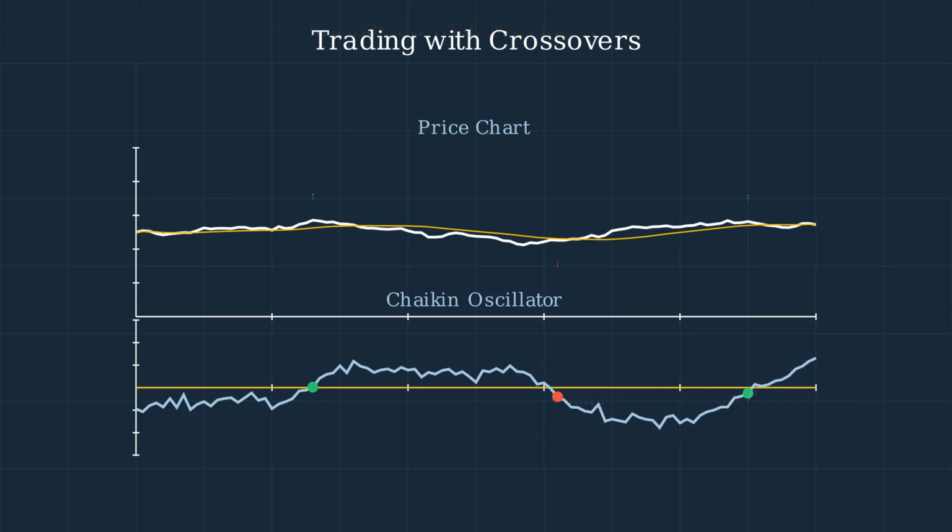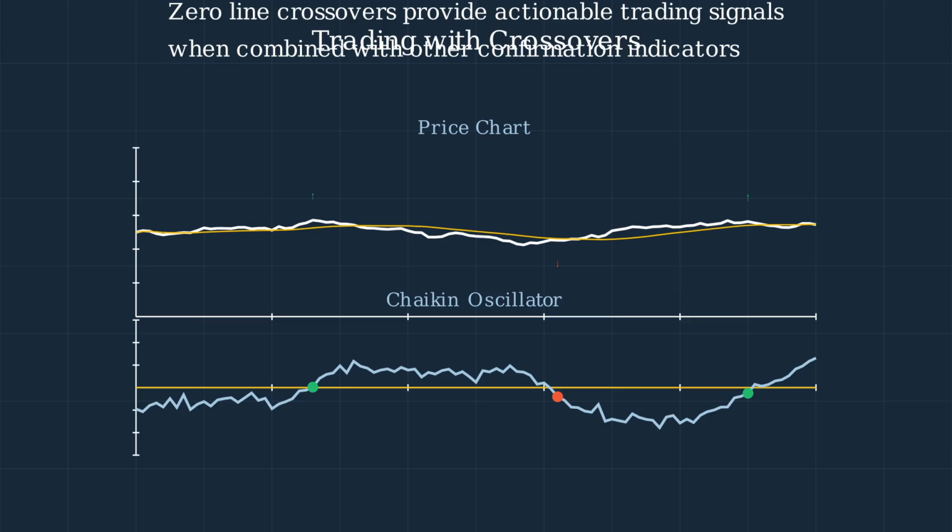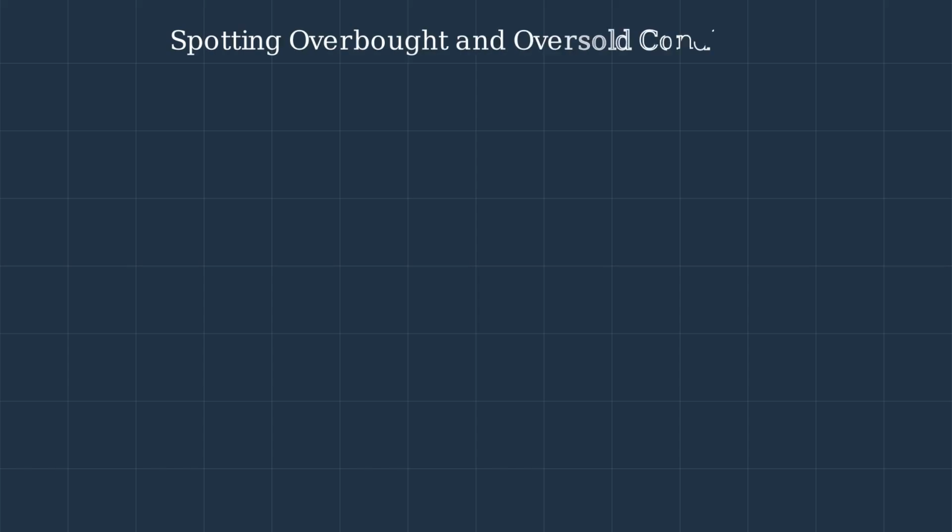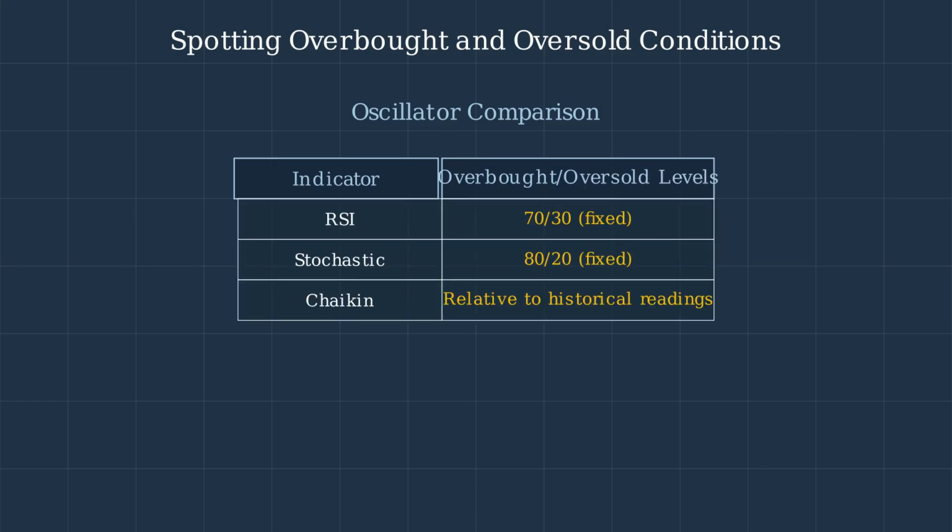By focusing on zero-line crossovers of the Chaikin oscillator and confirming with other technical indicators, traders can identify potential entry and exit points with greater confidence. Unlike some technical indicators with fixed overbought and oversold levels, the Chaikin oscillator uses relative extremes to signal potential reversals. While indicators like RSI and stochastic have fixed overbought and oversold levels, the Chaikin oscillator relies on relative extremes compared